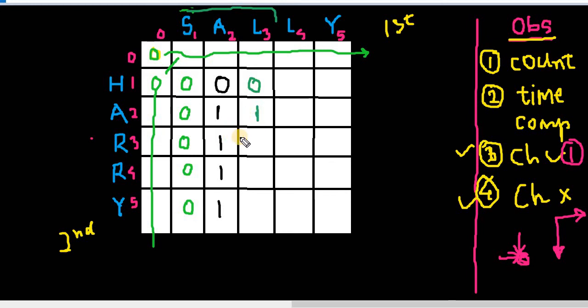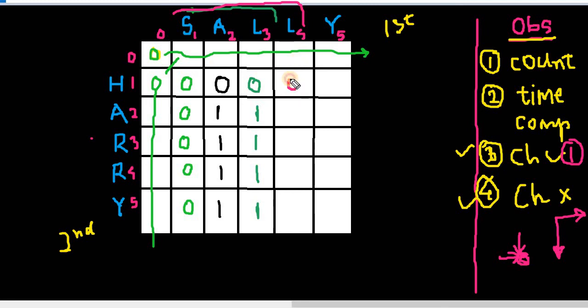So we'll take the maximum value. So this is again 1. A and R have no similarity, so we'll again compare the values between the diagonals, and the maximum will be copied. L with Y, no similarity, one value will be copied. Okay. After this, here we'll compare L with H, or we can say the whole SALL string to HARRY.